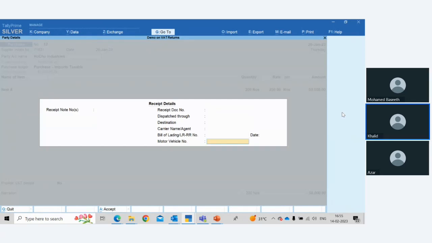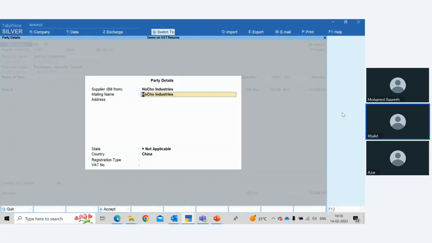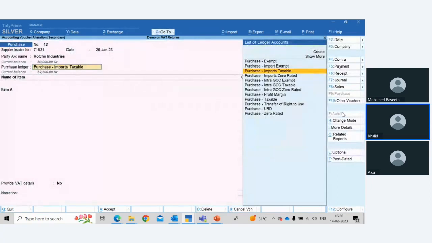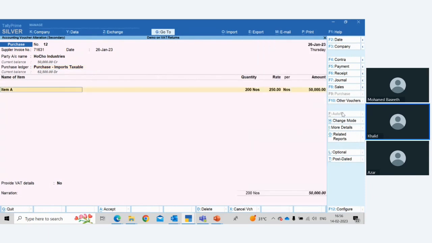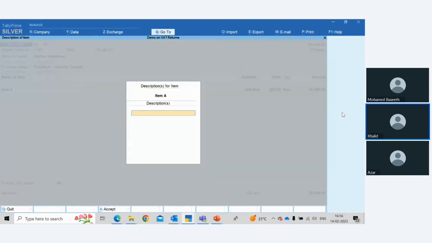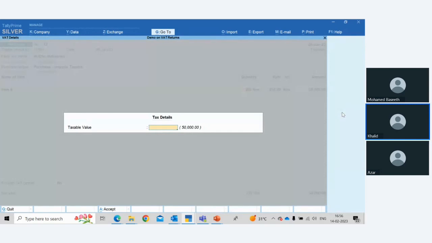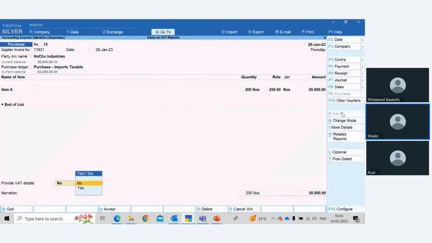The only difference is that in the transaction where I had not paid VAT at customs department, and in this case I have paid VAT at customs department, is this option. Then I have to set it to yes. Okay, after setting this transaction to yes,